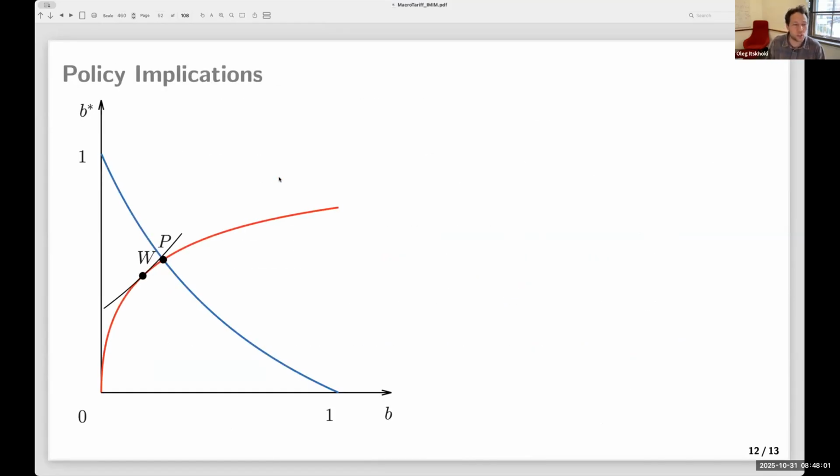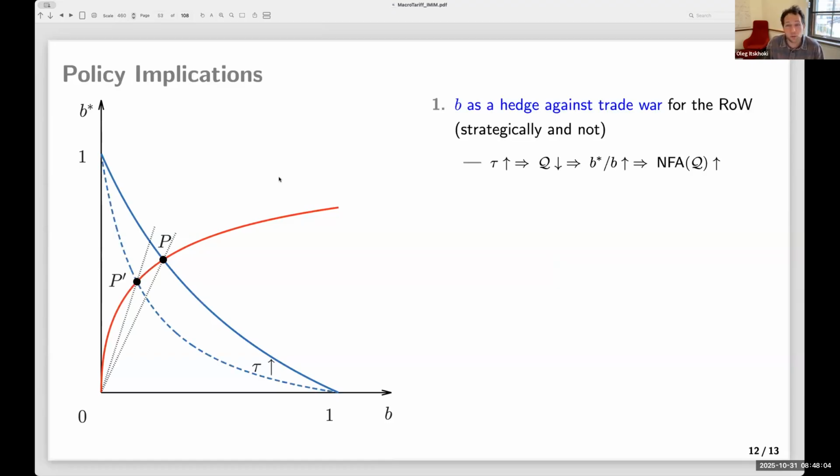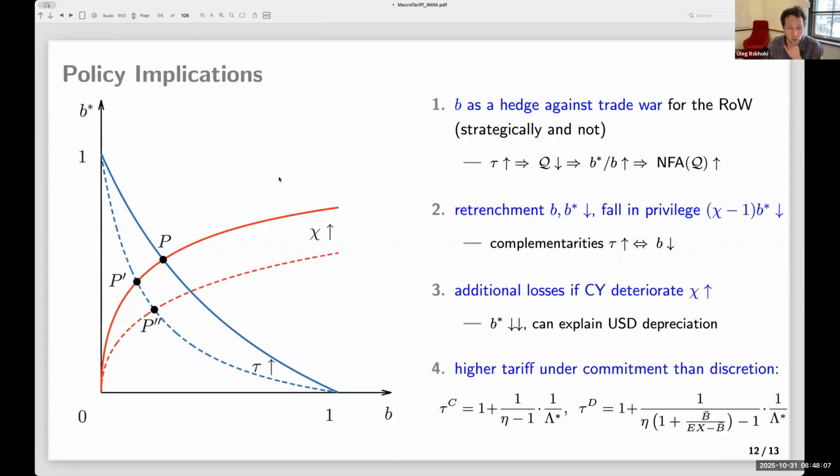I don't have time to talk about the endogenous portfolio, but I will just declare the results, and this will be in the new draft coming. With an endogenous portfolio, there are two interesting things. One is that US assets become a hedge against the trade war. So the foreigners will value the US assets more, but there is also retrenchment. You want smaller exposure, more inward-looking portfolios in a trade war. And so countries will become more home biased, but the relative price of US assets actually increases. And so from the perspective of valuation effects for the US, from the perspective of whether the US gains or loses from it, you have to put two things together, right?